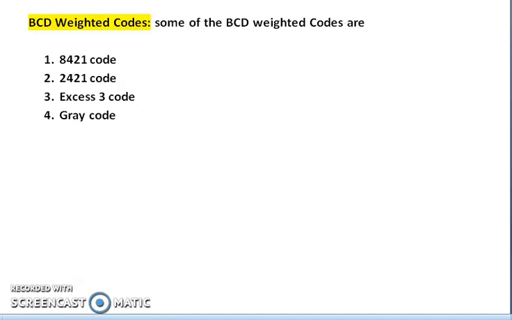So first one, the 8421 code. Observe this.